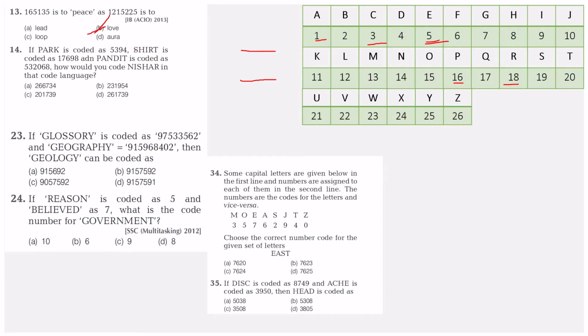Just count the letters and numbers over here, 5 and 5, matching. They gave 1, 2, 3 words with the numbers and are asking us the fourth word. If you solve like that, you will get 261739. So it's option D. I hope you got that. Genius level intellects, please don't worry, solve that again, you will get D. And the 23rd one, if you take a look, I'll give you 5 to 10 seconds, solve it or pause the video.